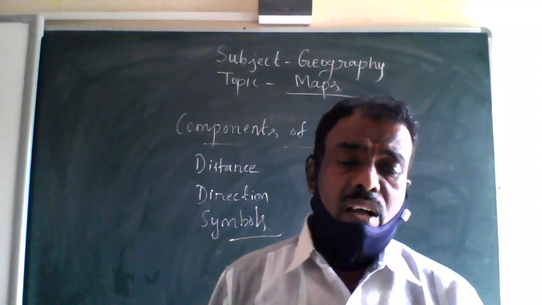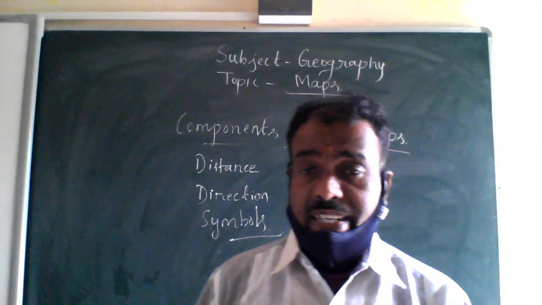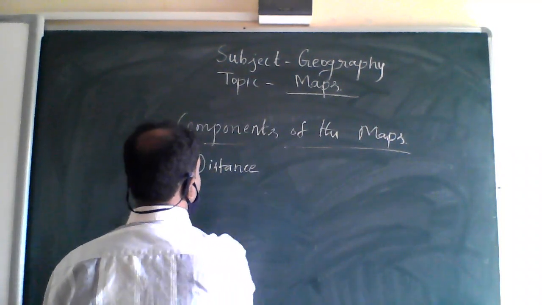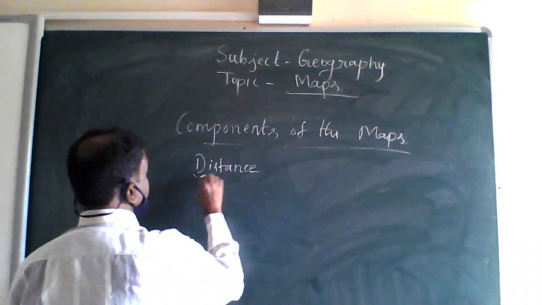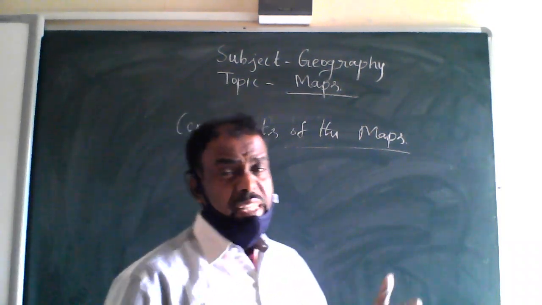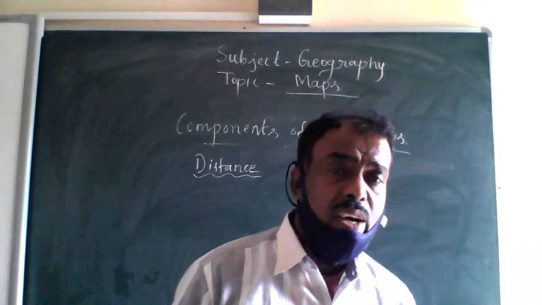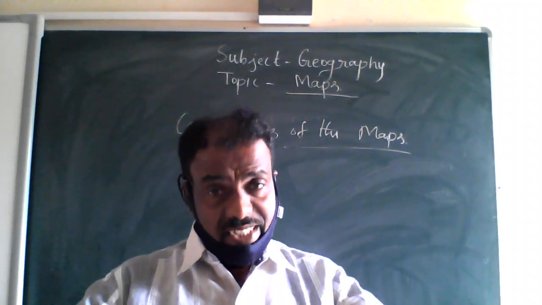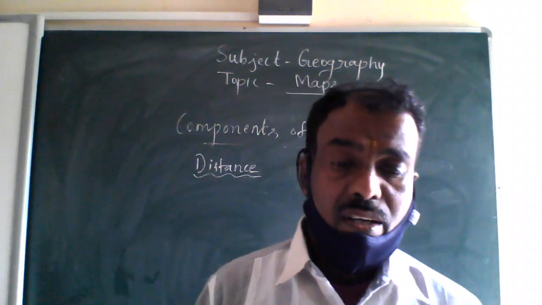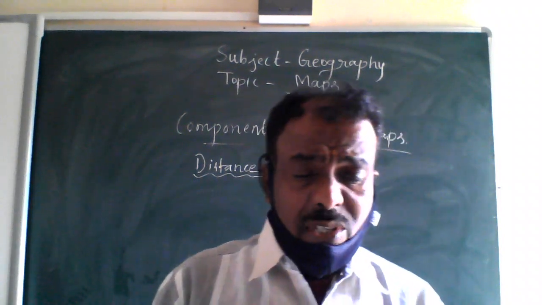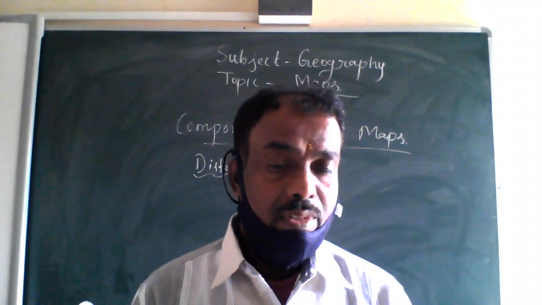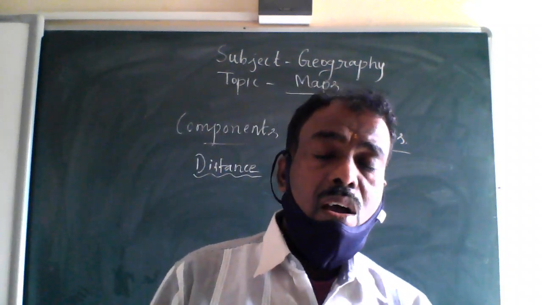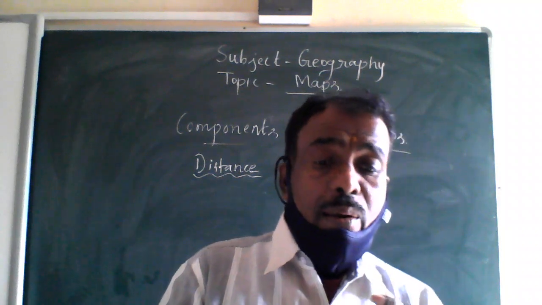Now, let us discuss distance, one of the major components of a map. What is the meaning of distance? In Kannada, we call it antara. That means distance, dura, antara. Maps are drawings which reduce the entire world or a part of it to fit on